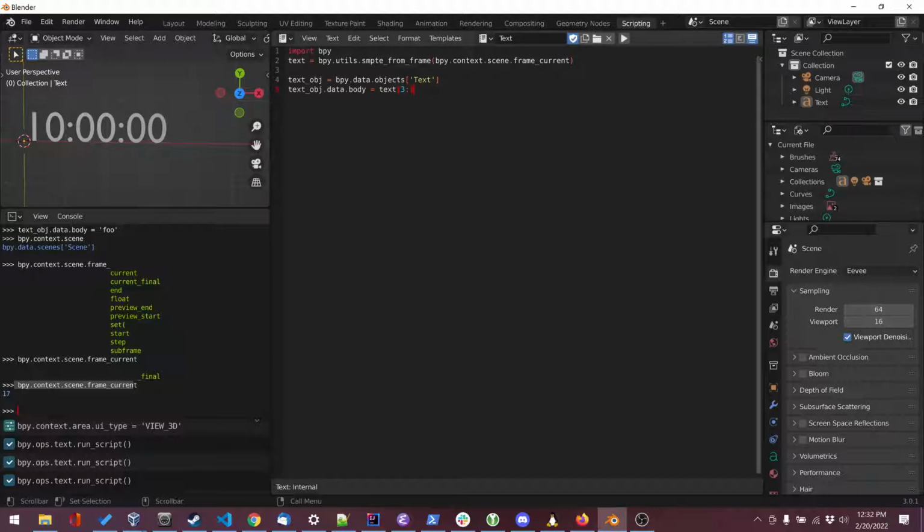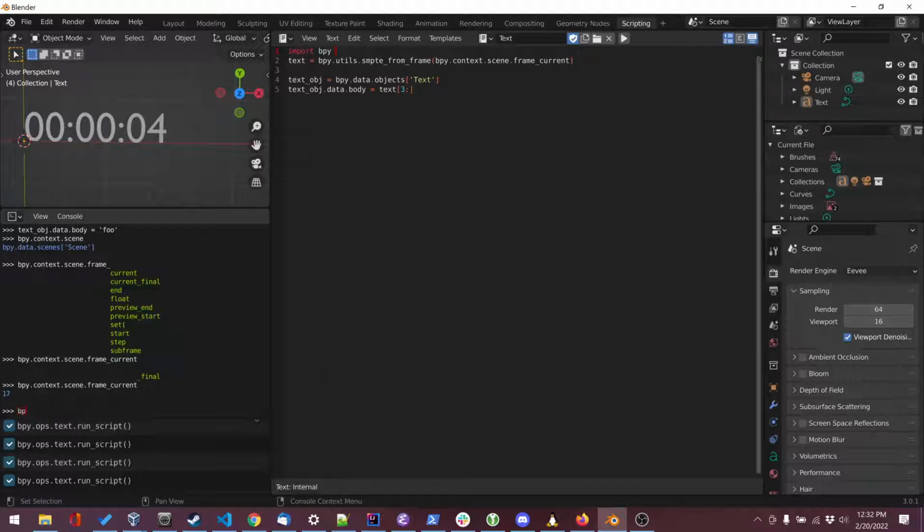Now, you're probably wondering, Robert, you're pressing the play button multiple times, and this is supposed to be playing back every single time. Are we expected to play this script back every single time and have it render out? Well, no, you're supposed to have a script do that for you. So the script is, let's see if I can do it from memory, and then I'll look it up if I can't. So bpy, let's see, it is handlers,